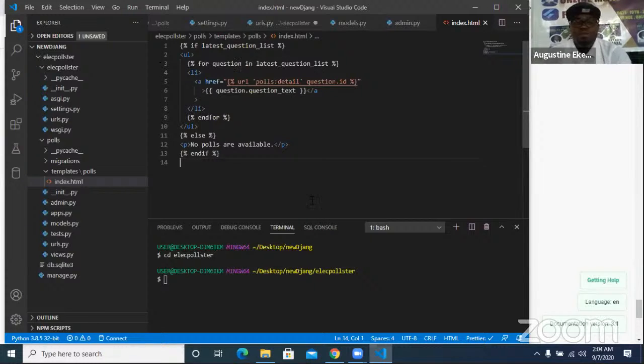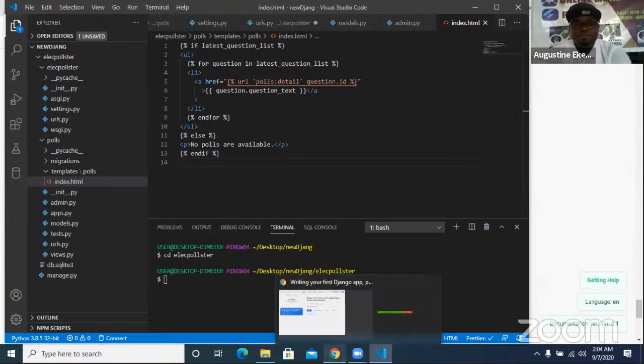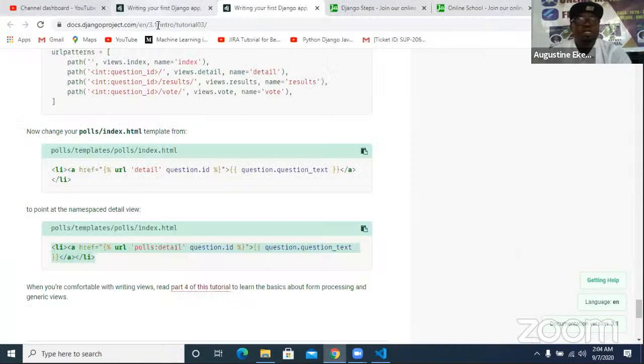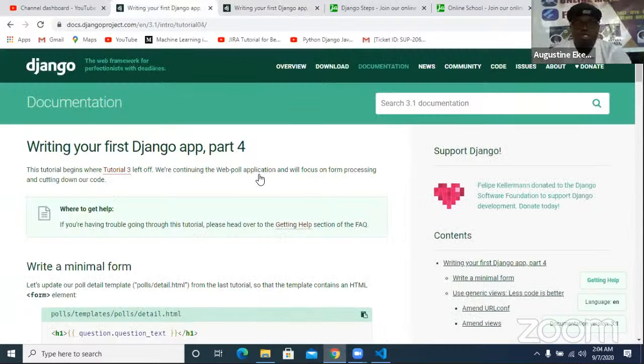But index.html is not the only view that we have. We have other template views. And to make them up, I'm going to go to part 4, which is where I have them. So number one thing is that I'm going to have detail